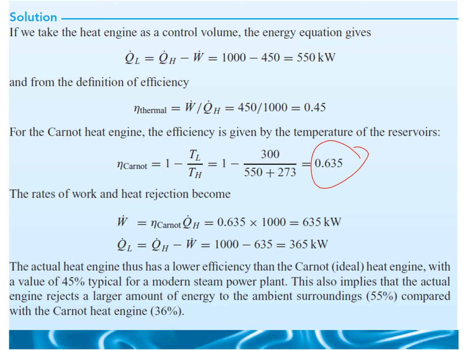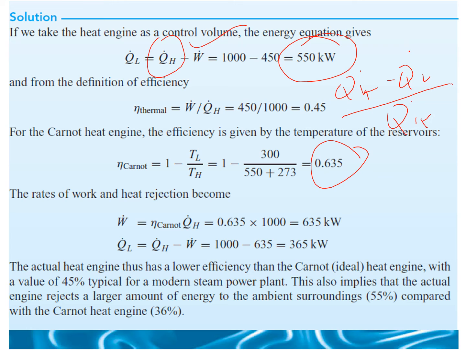Whereas if we use the information of heats that we have found, this is QL, we already know QH, so we use these heats and we find (QH dot minus QL dot) divided by QH dot. We will come to note that this engine is only 36% efficient,